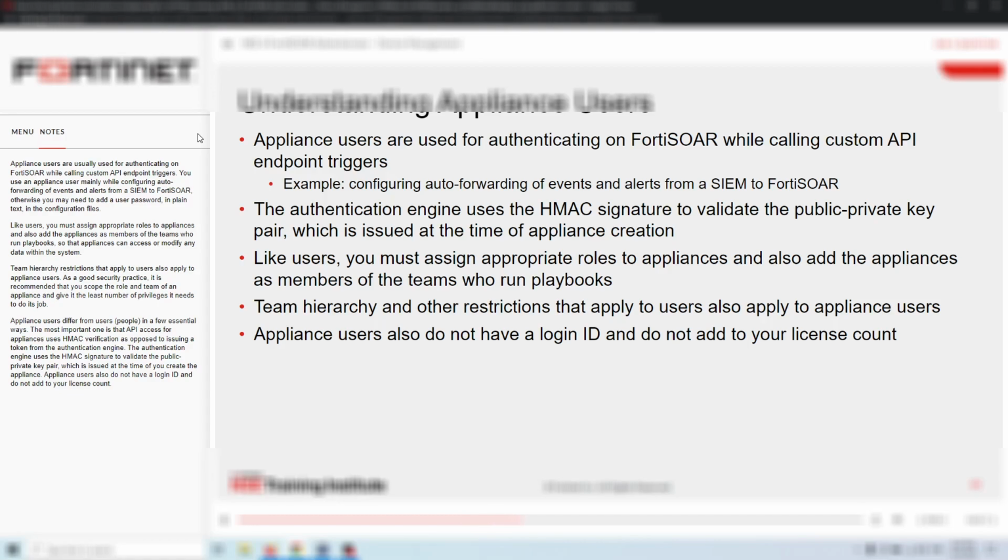Team hierarchy restrictions that apply to users also apply to appliance users. As a good security practice, it is recommended that you scope the role and team of an appliance and give it the least number of privileges it needs to do its job. Appliance users differ from users, people, in a few essential ways. The most important one is that API access for appliances uses HMAC verification as opposed to issuing a token from